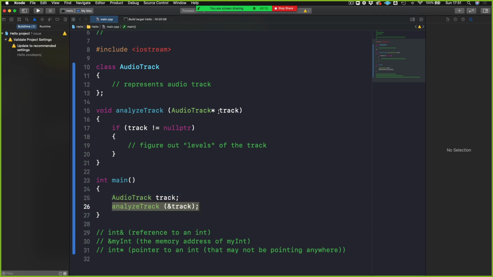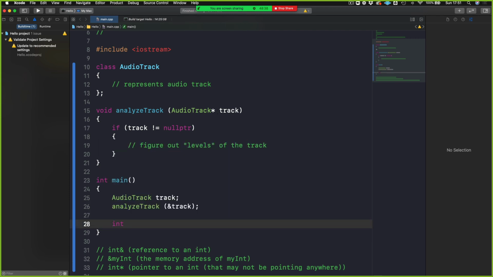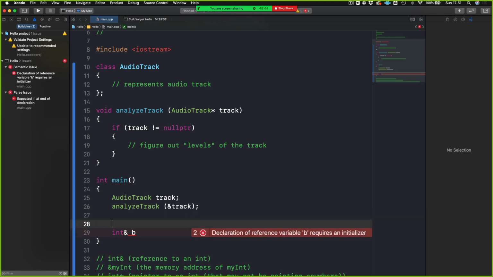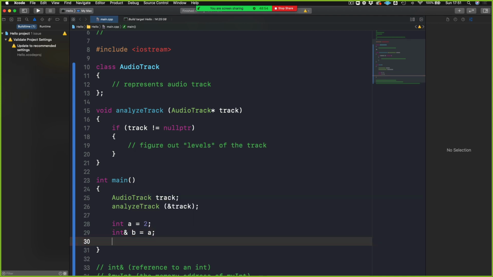That's really the lesson. The big thing to get from this, in summary, is that a pointer and a reference are nearly the same thing. The difference is that a reference needs to exist already when you're declaring it. So if I say int reference b, it must reference something that is already memory allocated. But if I do this with a pointer,